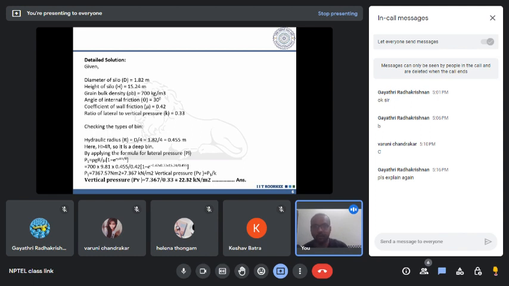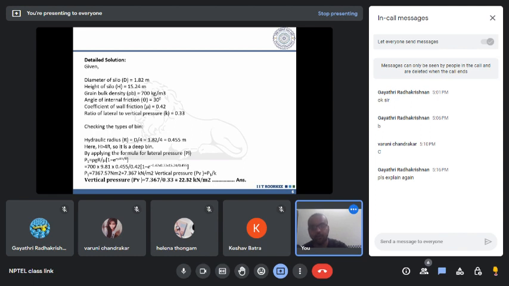So what is the formula? The formula is P1 equal to rho g R upon mu, then bracket 1 minus e raised to power minus mu k H upon R. Then you put in all the values and you will get P1, that is your lateral pressure. It is 7367.57 Newton per meter square. You need to convert it into kilonewton, so you divide by 1000. So that is your lateral pressure.